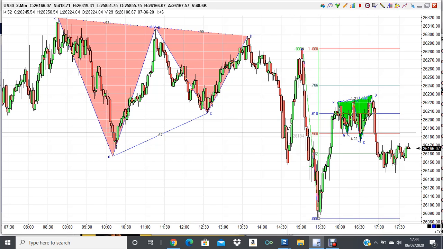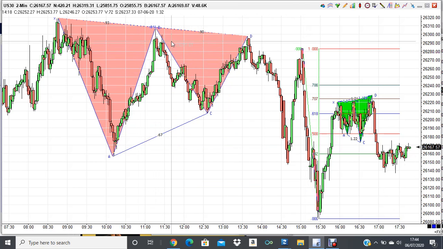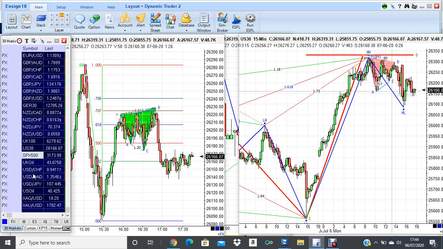Yeah, it is a 707, yeah. So you've got your 3 drives, we've backed off. Now all we're doing is hovering about again. So, you know, there's your 707 as you can see. So this is making a series of lower highs, isn't it? We're still way, I think we're still miles above the open price. I think we're trading up